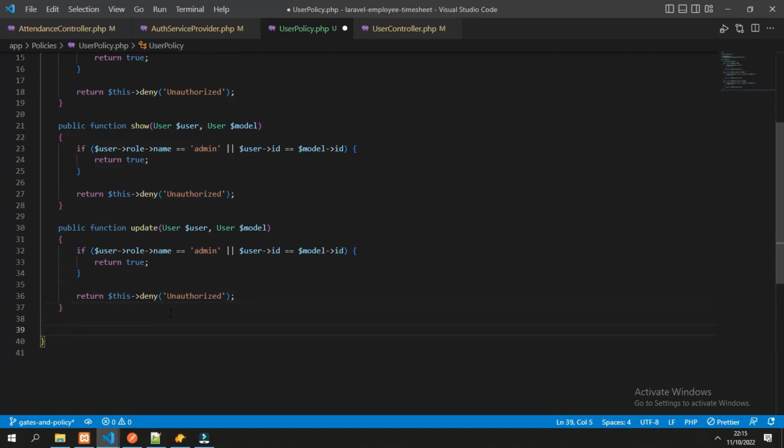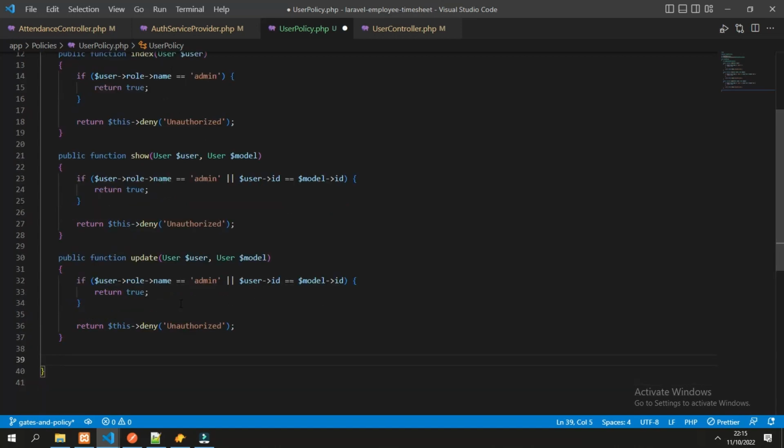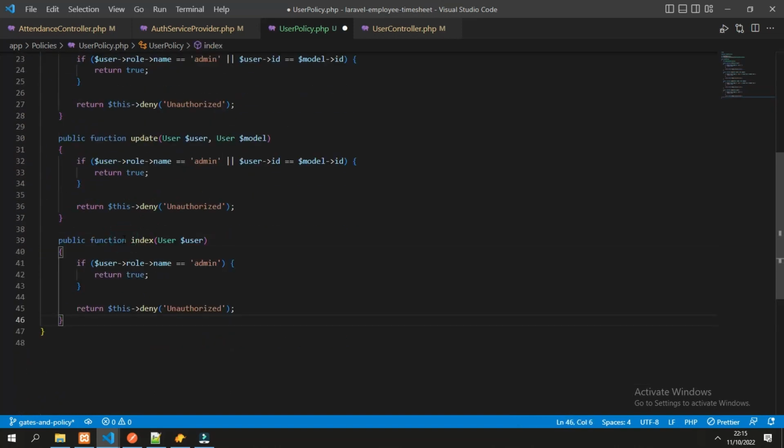And for the destroy, it would be similar with the index, that the person or role that can delete or destroy the user is only the admin. So we can just copy all from this and change the name of the function to destroy.